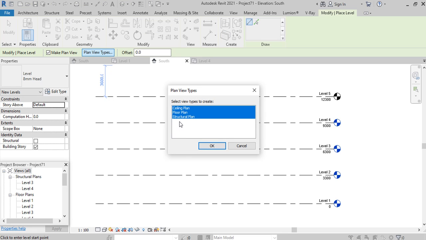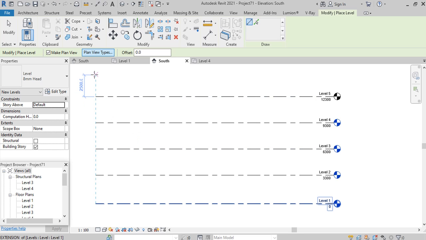You notice that 3 items are selected already. It's going to be creating ceiling plan, floor plan, and structural plan. So any of these plan views that you don't want to create, you can uncheck it, and then in that case, if you say OK and then come to this point and create the level and hit escape a